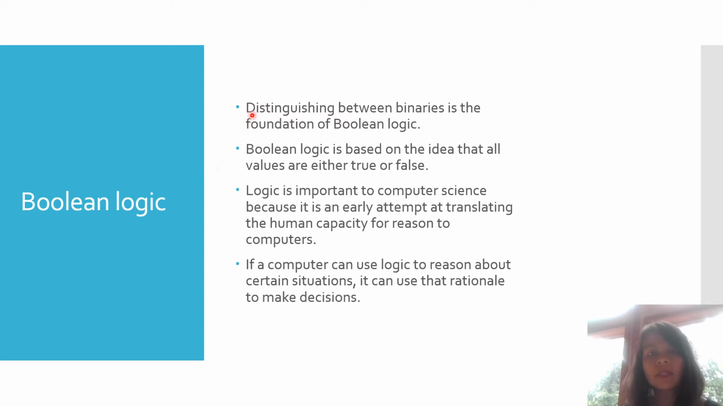Okay, so distinguishing between binaries is the foundation of Boolean logic. Boolean logic is based on the idea that all values are either true or false. Logic is important to computer science because it's an early attempt at translating the human capacity to reason to computers. So if a computer can use logic to reason about certain situations, it can then use that rationale to make